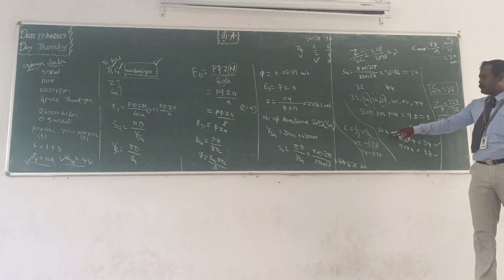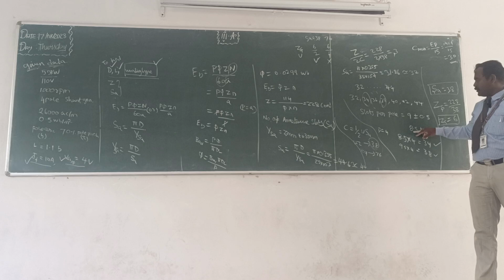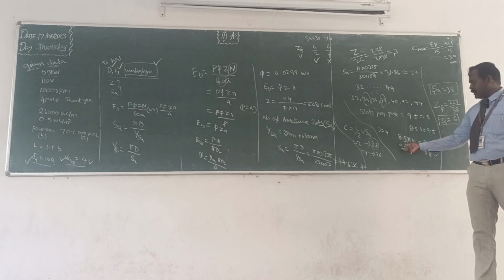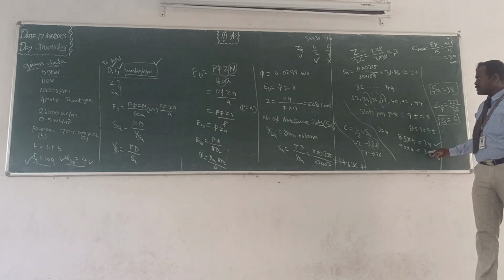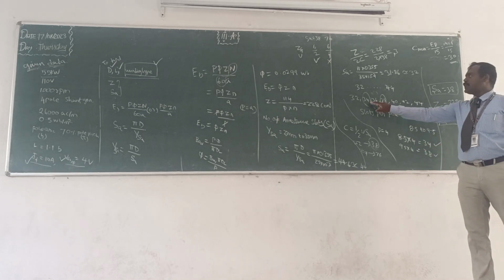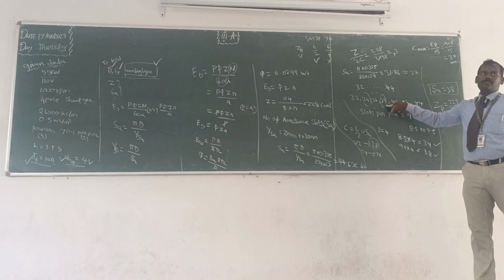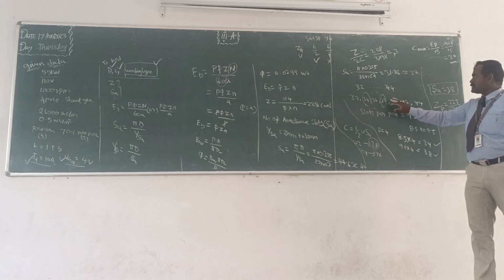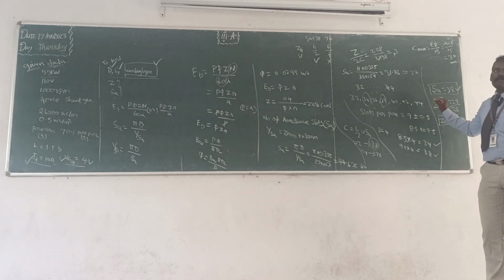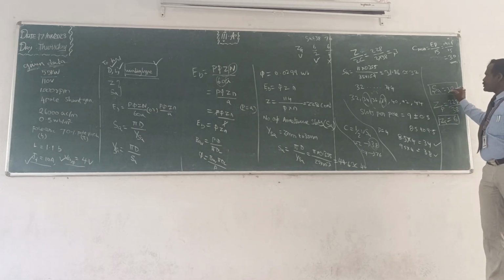Here the number of poles is given as 4. If slots per pole is considered as 8.5, you get 34 slots, and if considered as 9.5, that is 38. So the possible slots in the armature are 34 and 38. 38 is the larger value, so you can select and fix it. That is the number of armature slots is 38. So we obtained the number of armature slots.